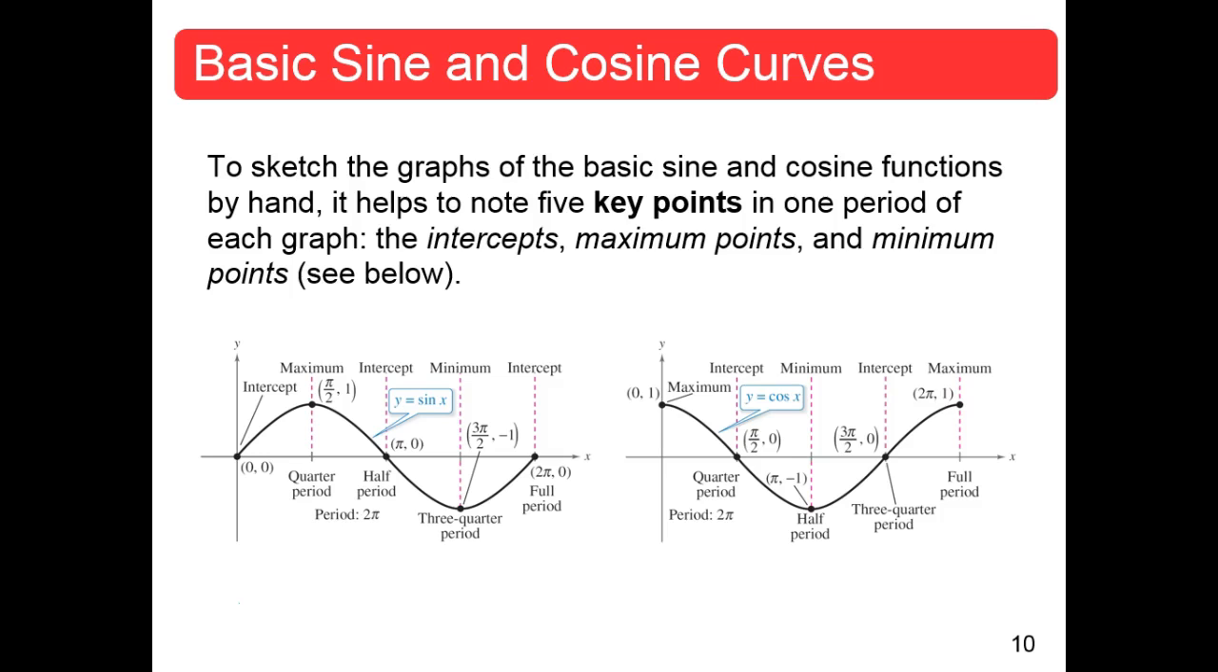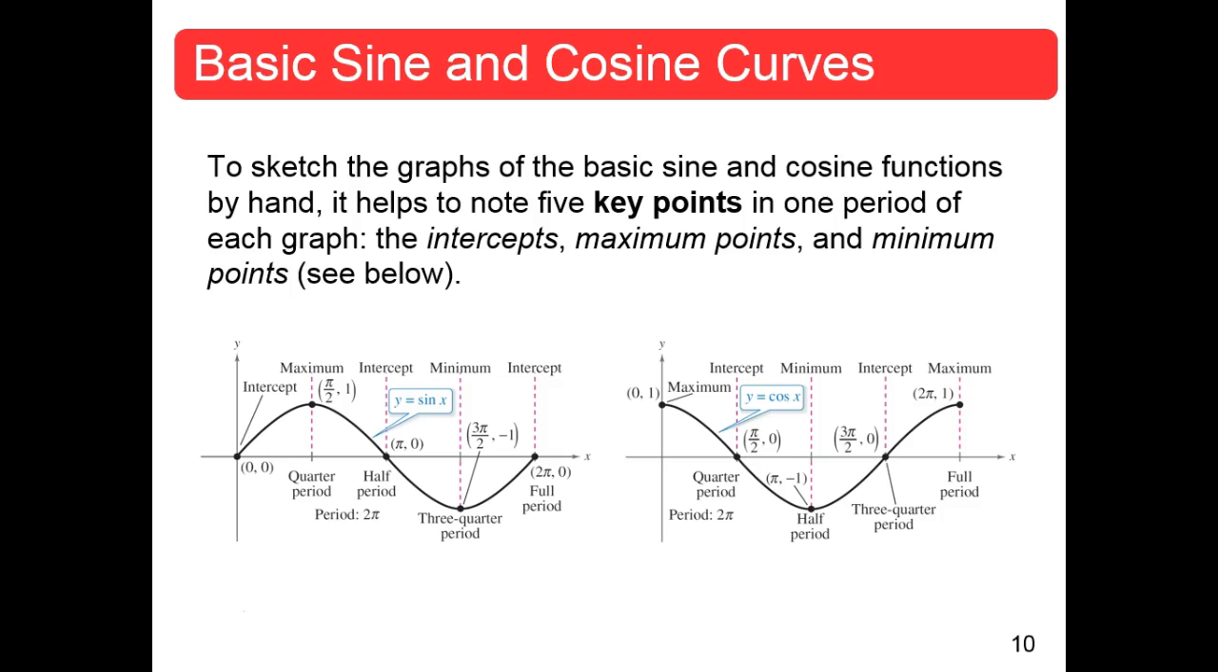So to sketch the graphs of the basic sine and cosine functions by hand, which we love to do, it helps to note, and by the way, if you haven't noticed about this book, they love graphing. Everything is graphed. It helps to note the 5 key points in one period of each graph. Those key points are the intercepts, that's x and y intercepts, the maximum points, and the minimum points. So let's start with the